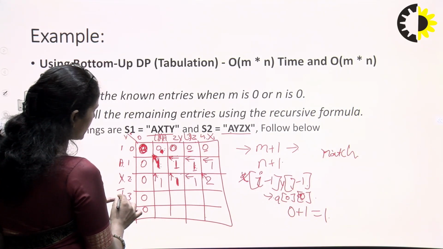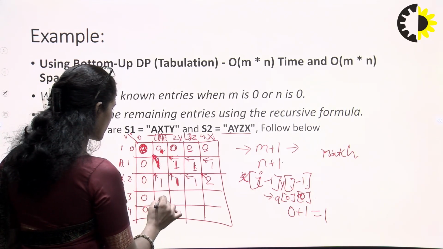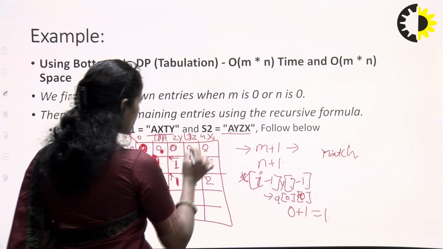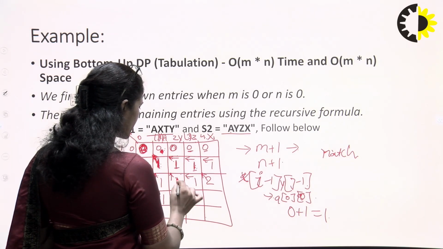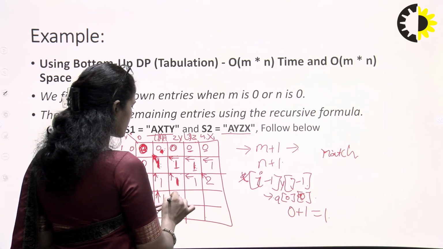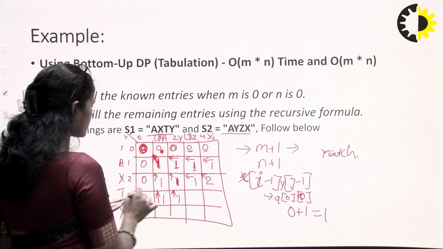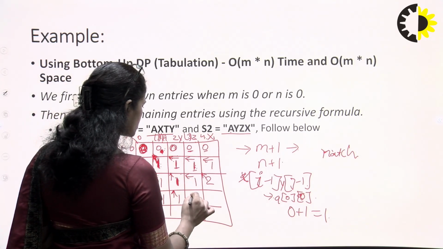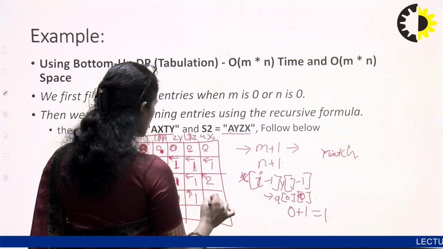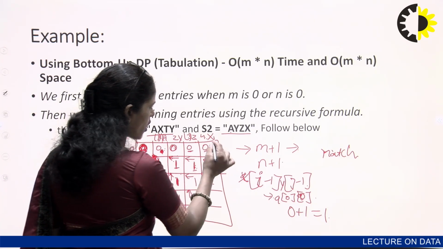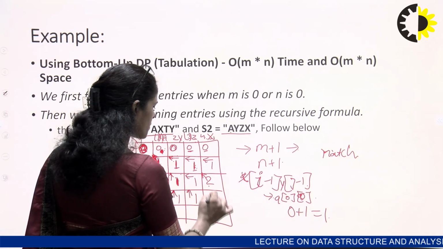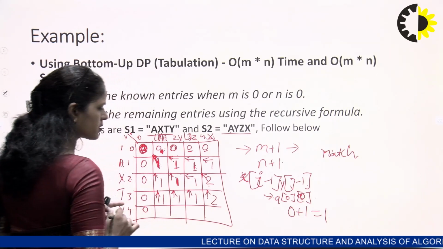Next we have a t, right? So t is not matched with a, the maximum value we are taking here, so this is the maximum. Next again y not matched, so again we are comparing and the maximum of both values are the same, so it depends on you. We are taking 1 this side and this side, and again we are comparing with z, so this is not match. 1 is the direction is this, and next t is not a match, and we are looking at the maximum value between these and this, right? So maximum is 2 and the direction is going to this, right?